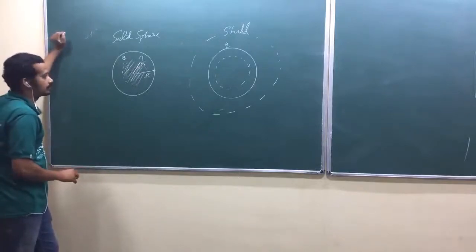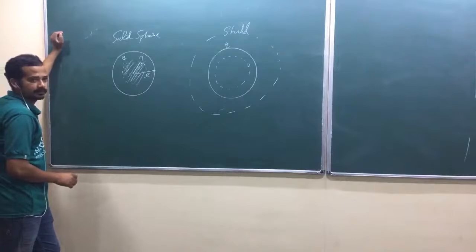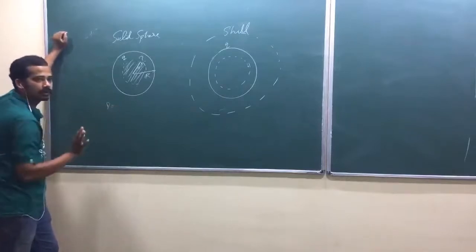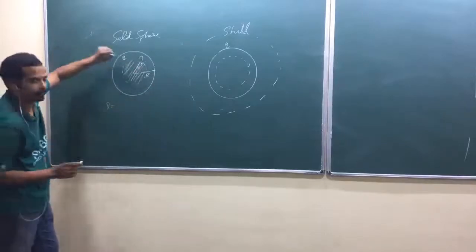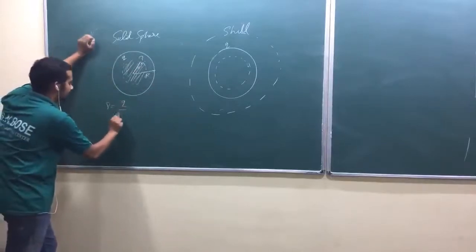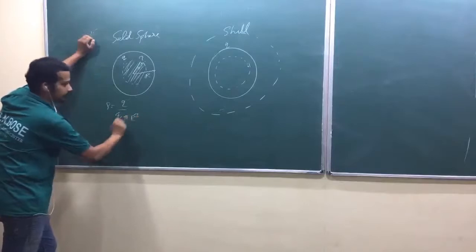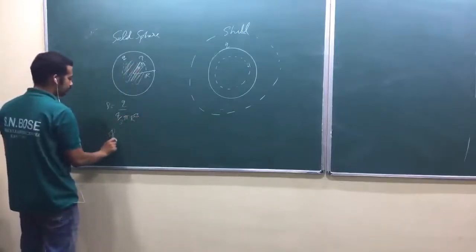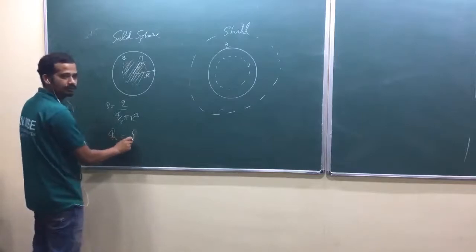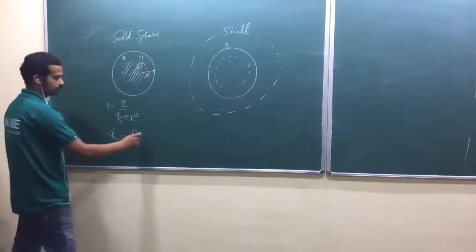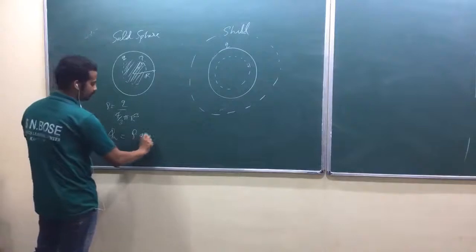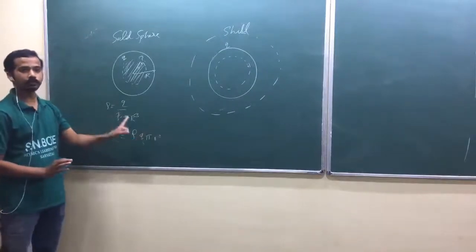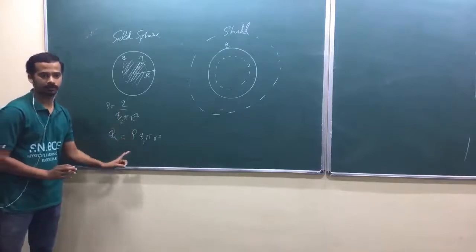How do you start? First define rho. Rho should be uniform. Why? Because this is uniformly distributed. That is Q by 4 by 3 pi R cube. Am I right? So now what is the charge enclosed, Q enclosed? That is equal to rho, which is uniform, times the volume, 4 by 3 pi small r cube. When it is uniform, we can do it like that. If it is non-uniform, you have to go for an integral. Are you getting my point?